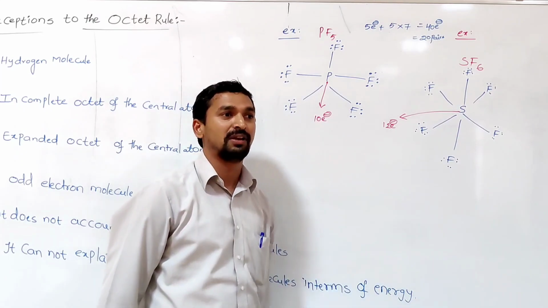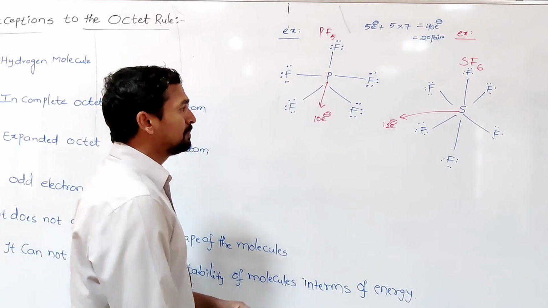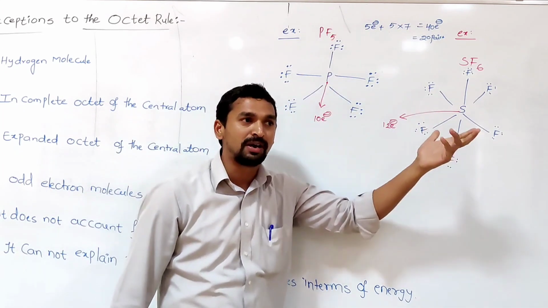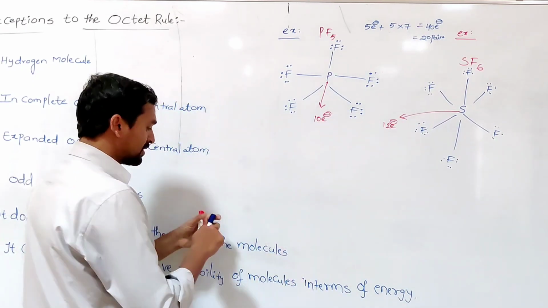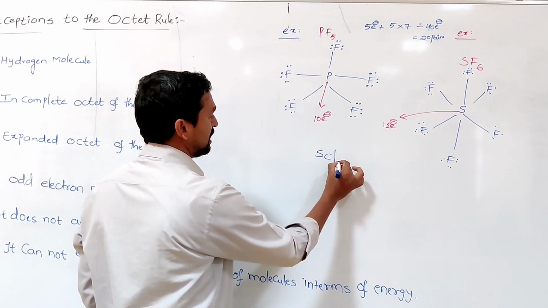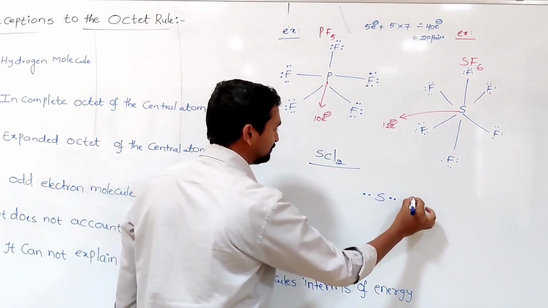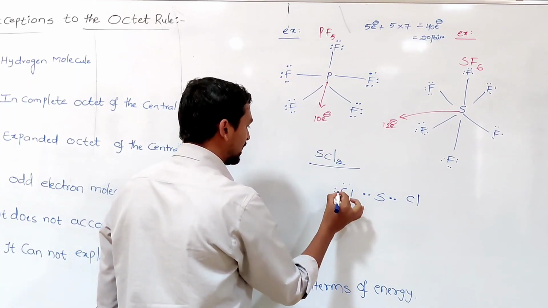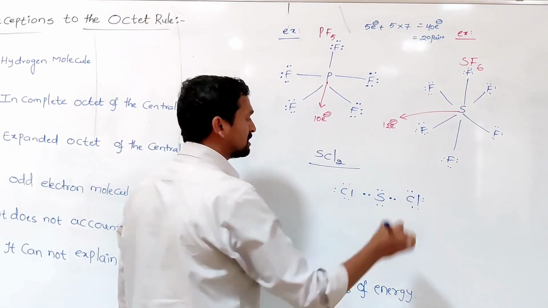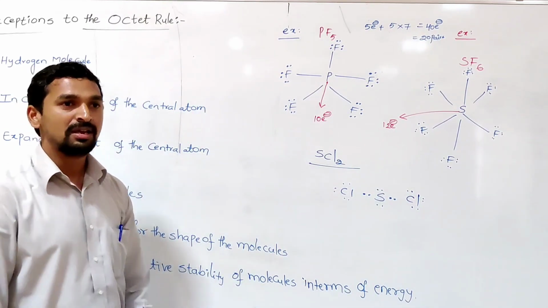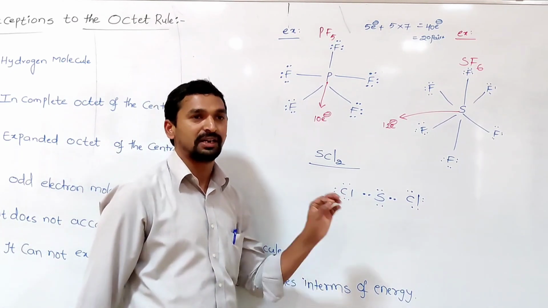Even though an excess number of electrons are there, this SF6 molecule is said to be stable. So that means the sulfur can form a larger number of bonds. It does not obey the octet rule. But in some molecules, like sulfur dichloride, SCl2, when we write the Lewis structure, each chlorine atom gets the octet configuration, and sulfur is also getting the octet configuration. That means the statement that the compounds formed by sulfur never obey the octet rule is not a correct statement.